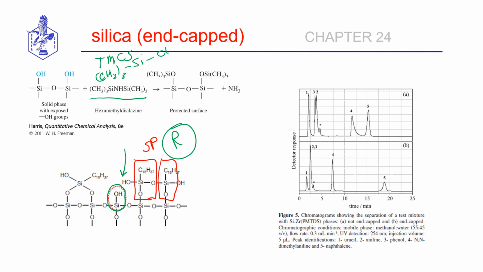So either of those modifying reagents are going to put a trimethyl group on this site right here. So the silanol site goes away. I have silicon bond oxygen bond silicon, and then 3 methyl groups sticking out here. Okay, so this is an end capped